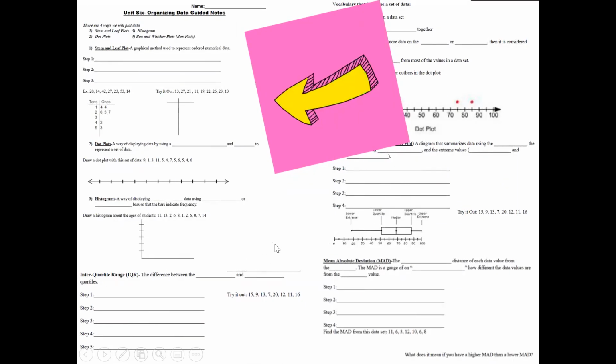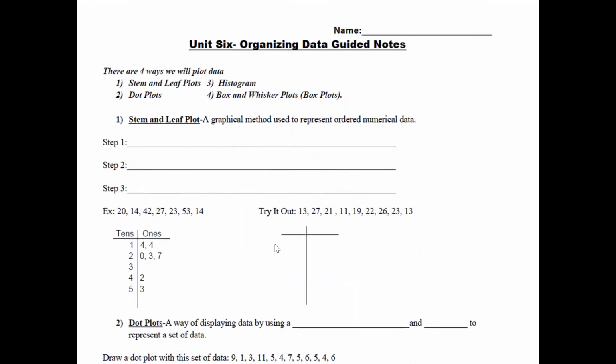All right, let's go and take a look at this part right here. So we're going to talk about a stem and leaf plot, histogram, dot plot, and box and whisker. So a stem and leaf is a graphical method used to represent ordered numerical data. And what you're going to do, the first step is you are going to